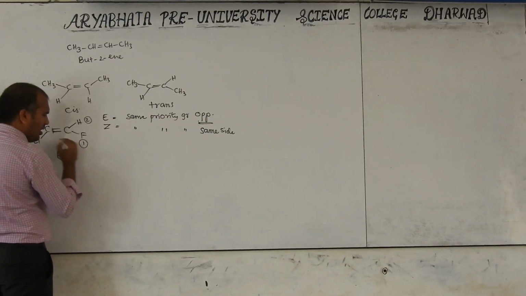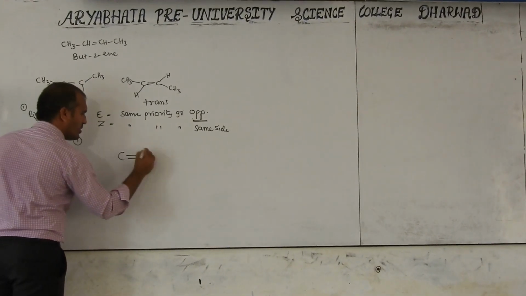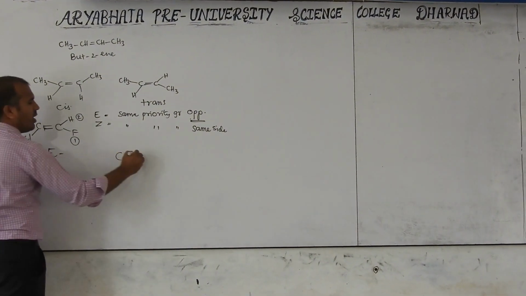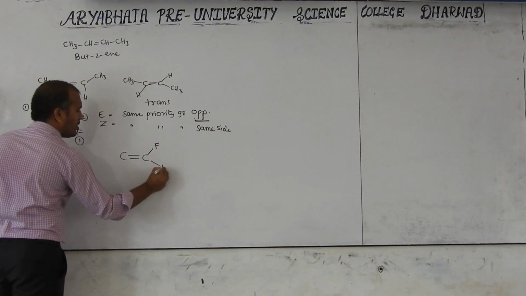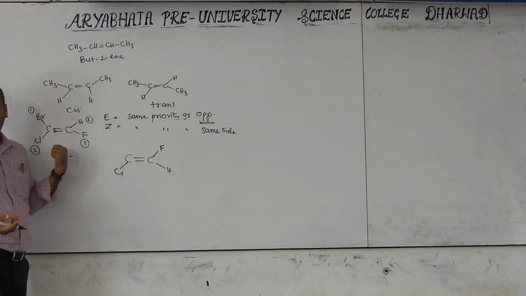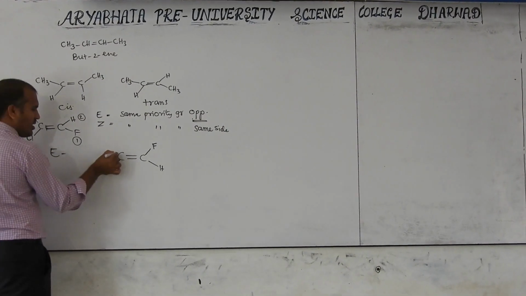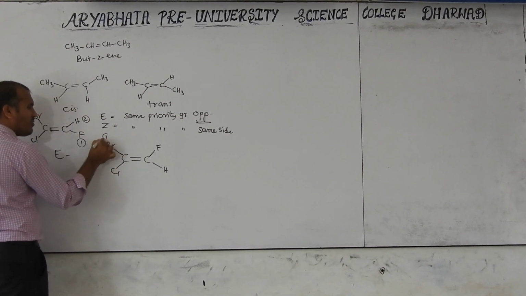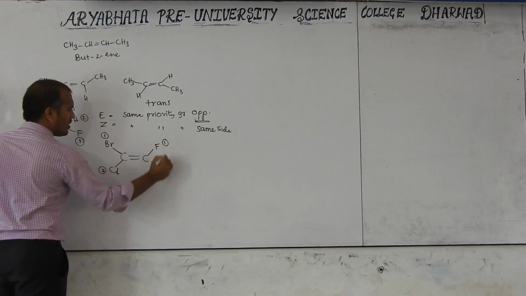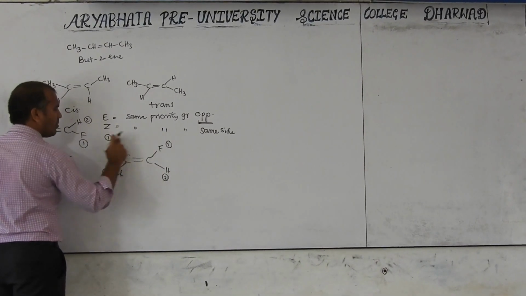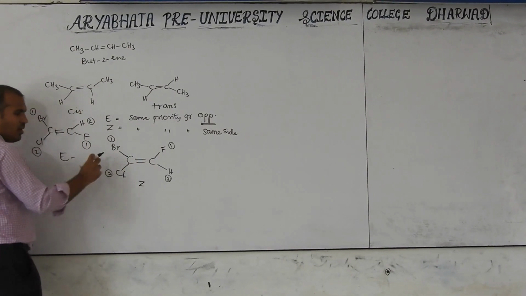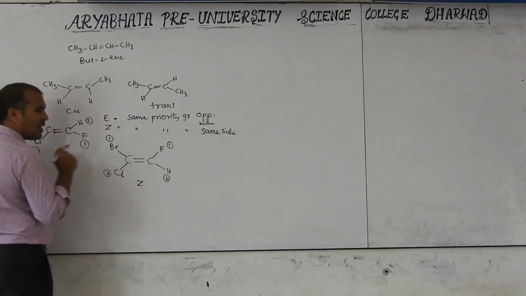Next, just interchange. C double bond C I wrote here. Now change the groups. Here F, here H, and here same as is. Only one side changes; if you change both, I will get E only. That's why only one side changes, and here Br. Already this was the first priority and this the second priority. Then with the reversal, here is the first priority and this is the second priority. Same priority groups on the same side, that is called Z isomer.